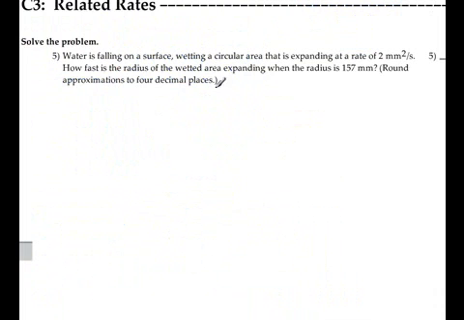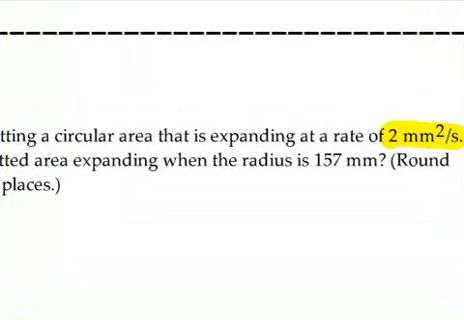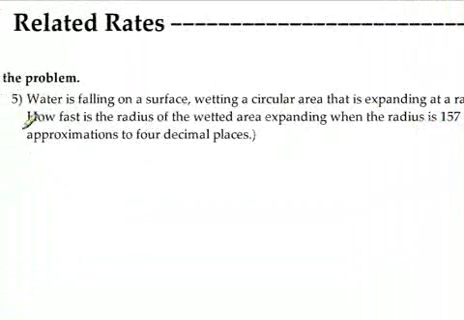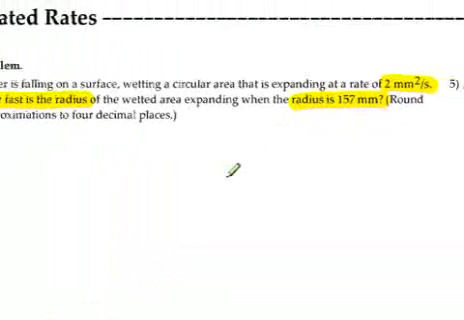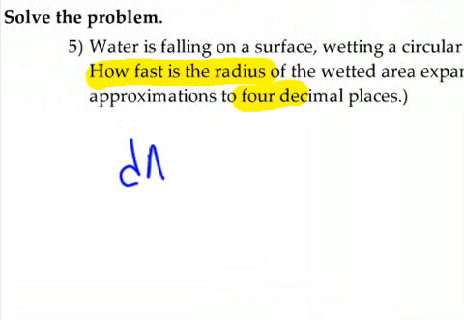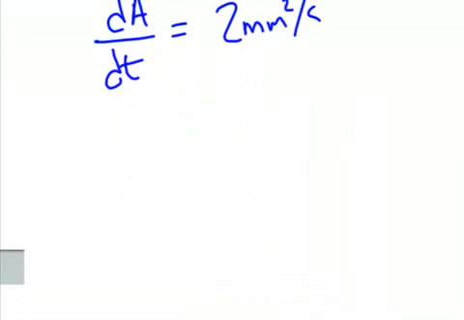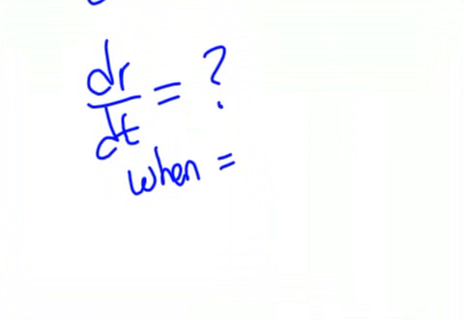All right, number 5. We've got water falling on the surface, wetting a circular area that's expanding at a rate of 2 square millimeters per second. We're asked how fast is the radius of the wetted area expanding when the radius is 155 millimeters. We want to round our answer to 4 decimal places. So let's see, they just told us the rate at which the area is changing is 2 square millimeters per second. And they asked us how fast is the radius changing at the instant that r, the radius, is equal to